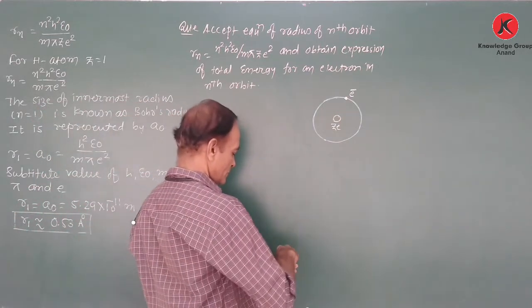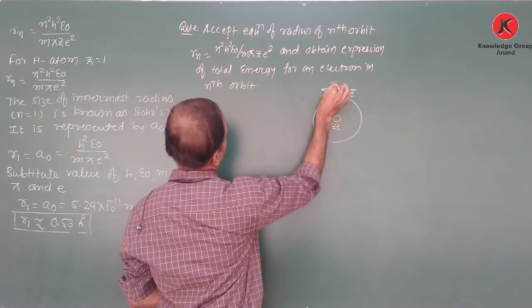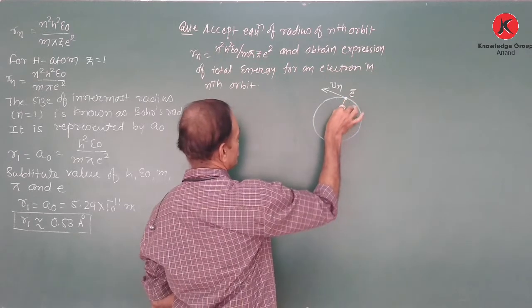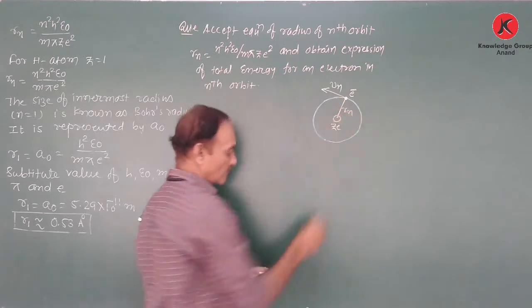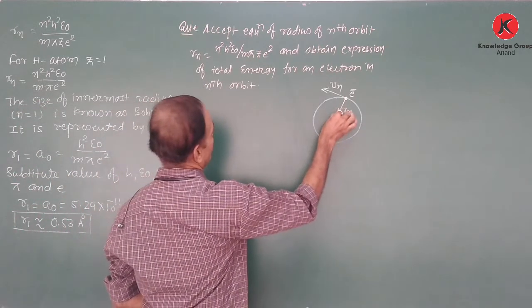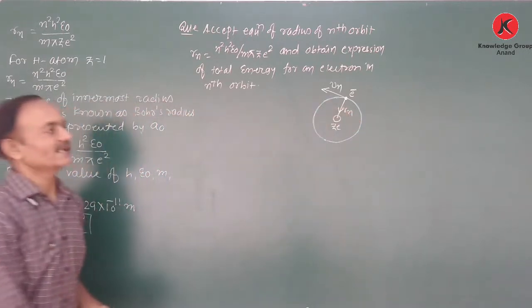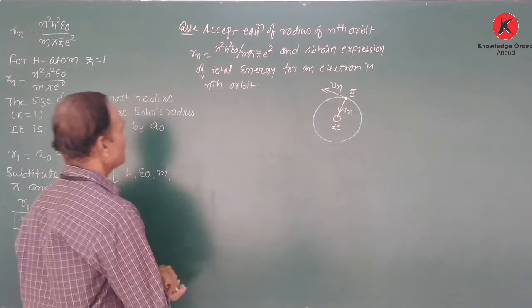So its orbital velocity is vn and radius is r. The Coulombian attractive force exerted by the nucleus on an electron is towards the nucleus, which provides the necessary centripetal force. So, as shown in figure,